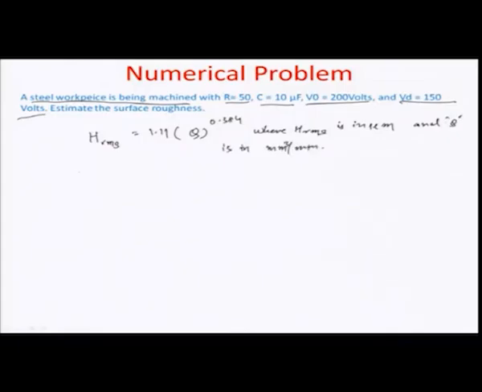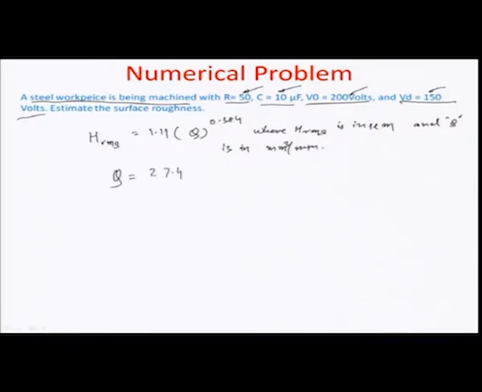The energy which is delivered is dependent on this resistance and capacitance and also the various parameters like operating voltage and discharge voltage. And we do have, in case of particularly mild steel, an empirical relationship to derive the Q